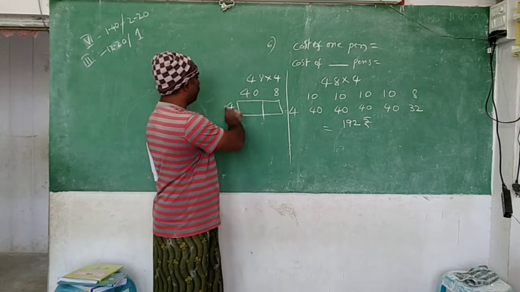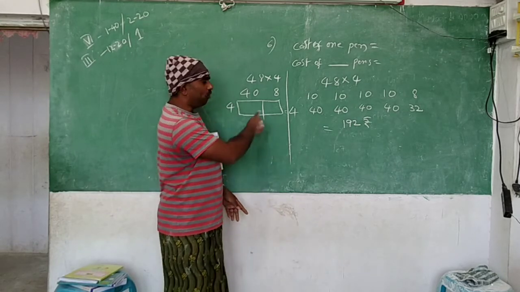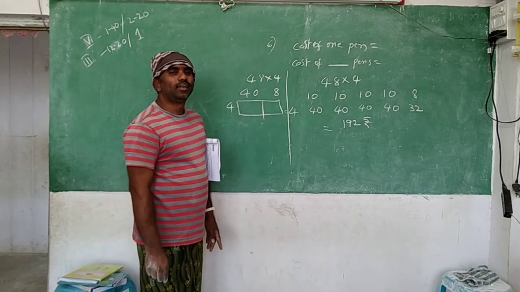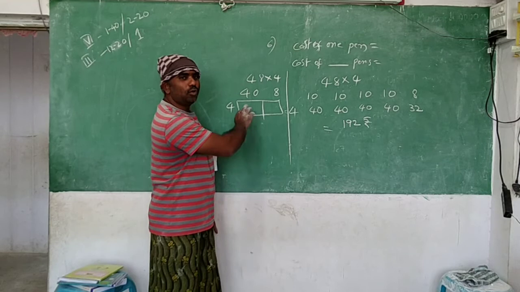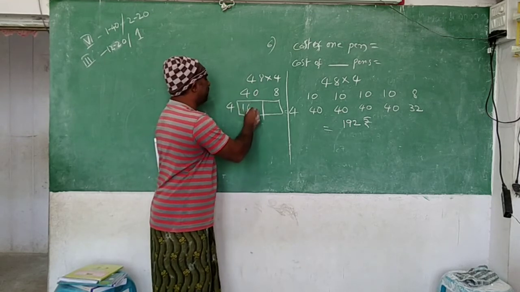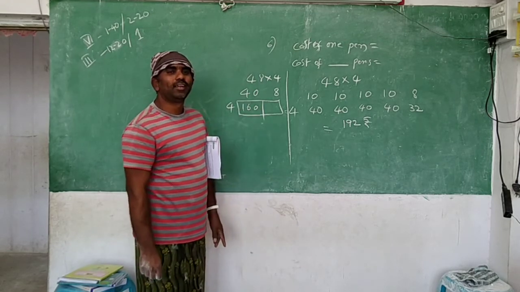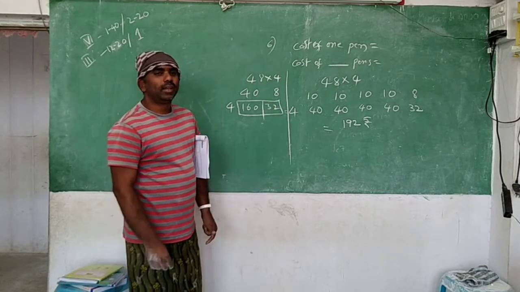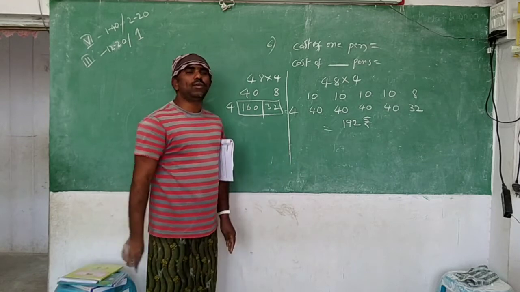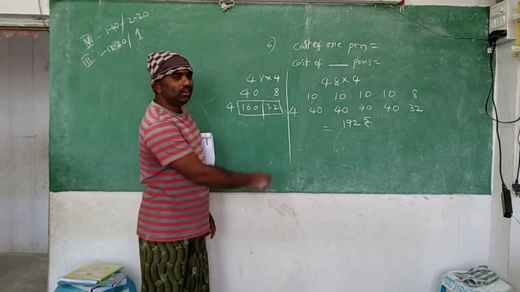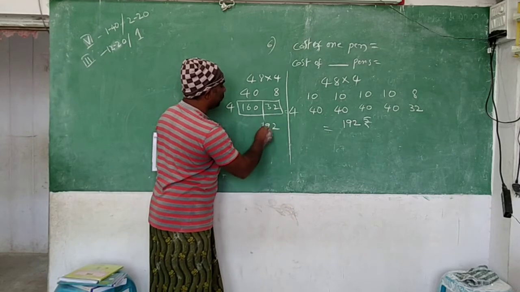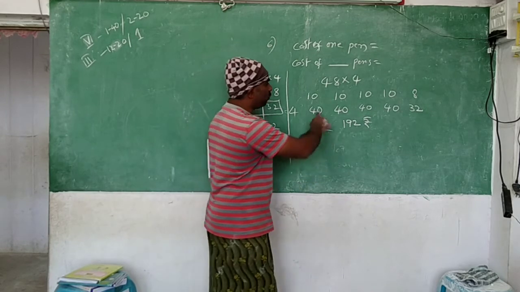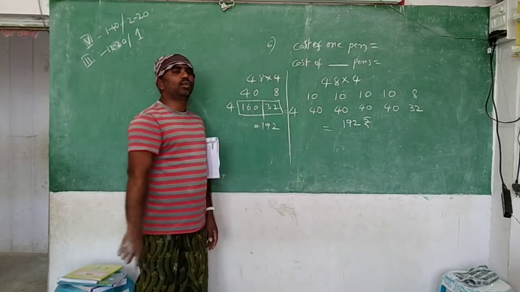4 40s is also easy. You know the simple way. 4 40s means 4 4s are 16, side 0. You understand? 4 40s, how do you write? 4 4s are 16, side 0. 4 8s are 32. Now you see, 160 and 30, 190, and 2, so 192. Okay. Instead of doing it long, you can do it like this, short also.